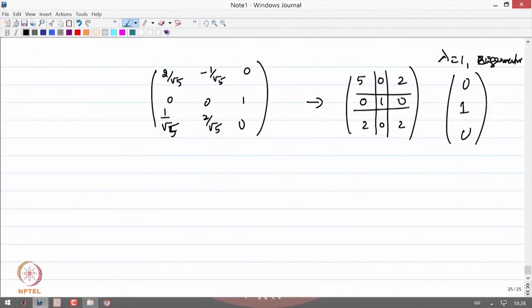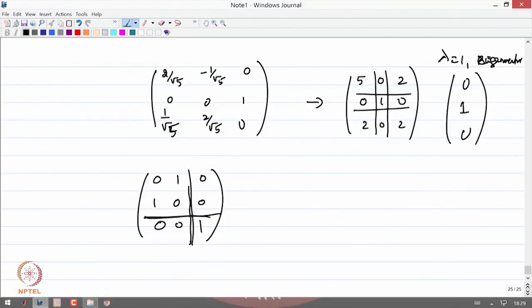So it is important when you look at the matrix, you should also see the structure. For example, if I give you a matrix 0, 1, 0, 1, 0, 0, 0, 0, 1, if I give you a matrix like this, the same answer is applicable. You see, this has two eigenvalues. You remember this element 1 has 0 everywhere on the row and also 0 everywhere in the column. This is not connected to any other. Therefore